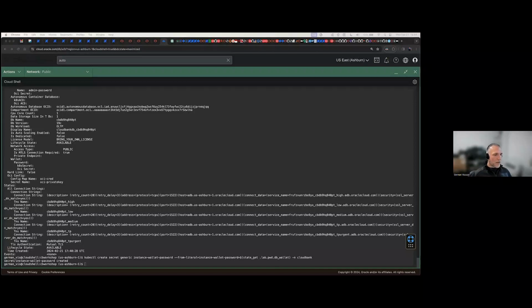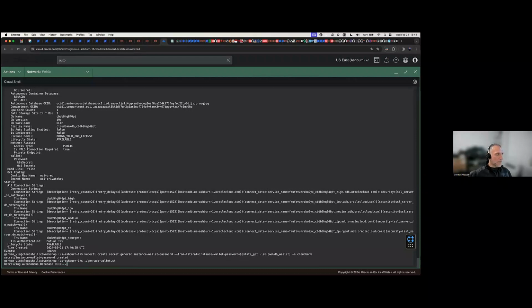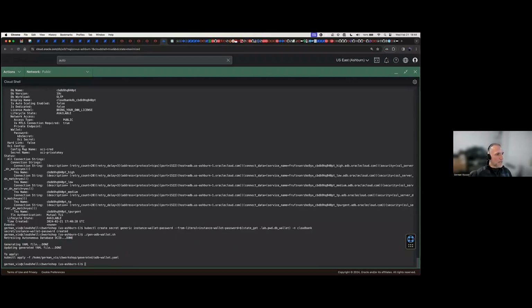And we can apply a YAML to actually allow the OraOperator to fetch the wallet for you and have it within OraOperator for you to work with. So what we're going to do is generate this YAML. Fortunately, we have some convenience shell scripts that allow us to create those YAMLs, and we are going to take a look at the YAML.